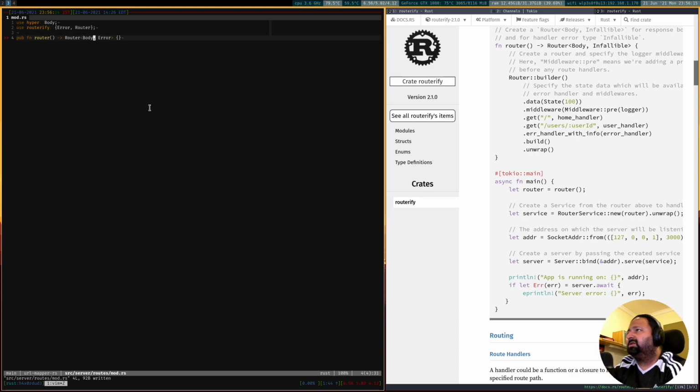So this is that, and what we're going to do is use the router builder, and we'll set up our middleware for logging.